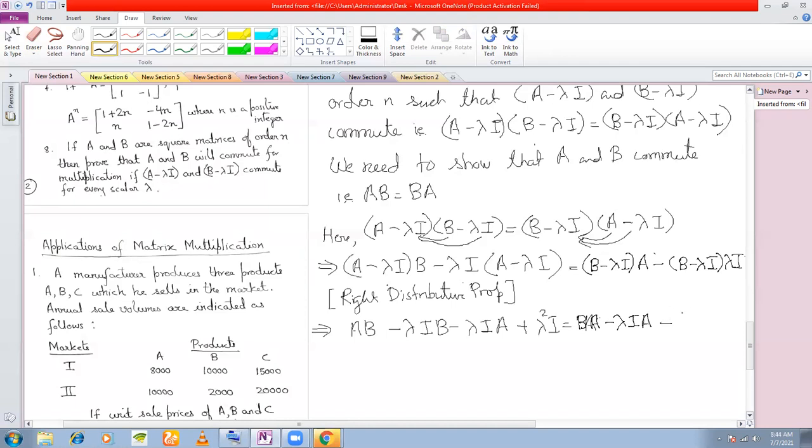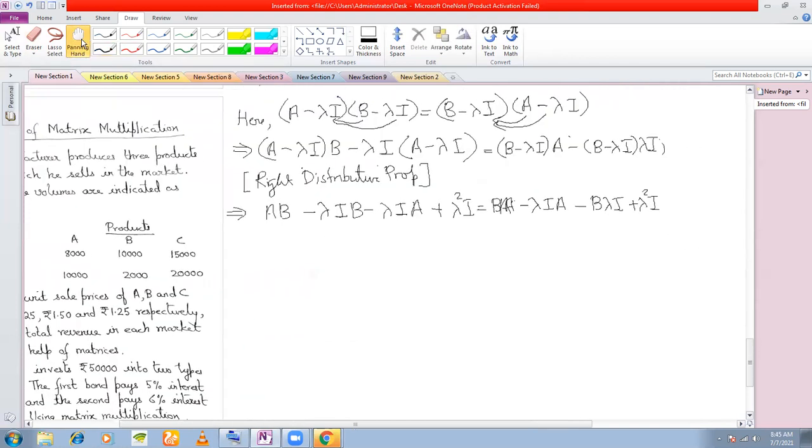minus B lambda I plus lambda square I. Now see what happens. AB here we have minus lambda IB. If you multiply the identity matrix with any other matrix, you will get back the same matrix, right? Similarly here, the identity matrix with the matrix A will give you A only, plus lambda square I